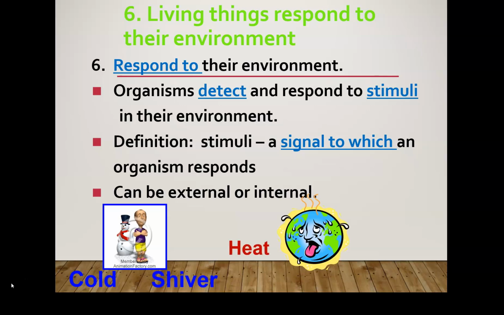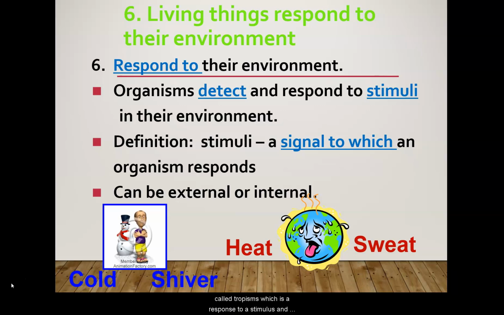Number 6 is all living things respond to their environment, meaning they respond to external and sometimes internal stimuli. Organisms detect and respond to heat, temperature changes, so heat or cold, light, gravity, those sorts of things. A stimulus is a signal to which an organism responds. So I gave you being cold, hot, too light, too dark,